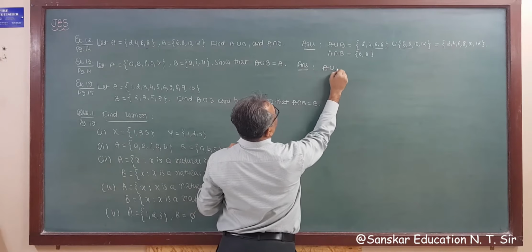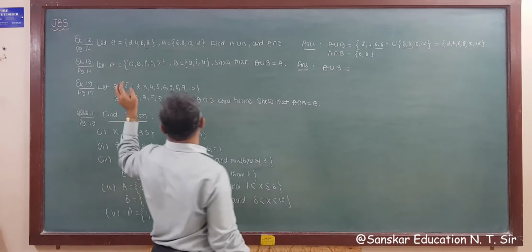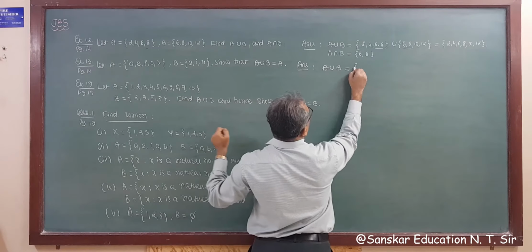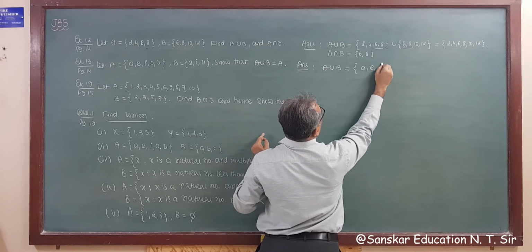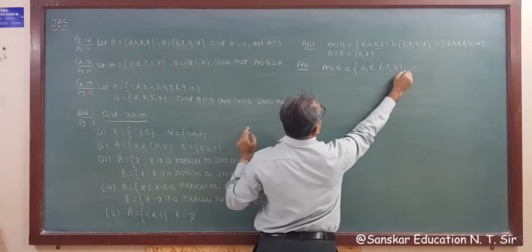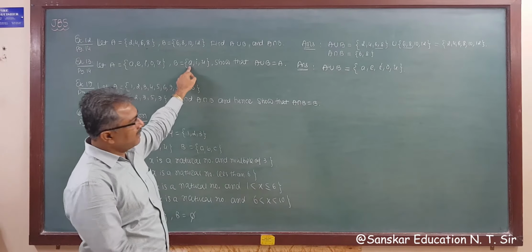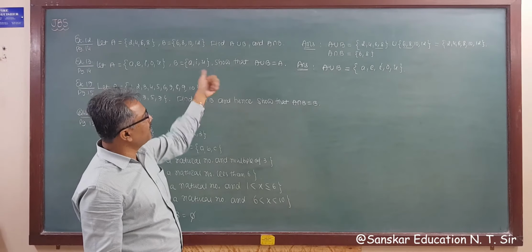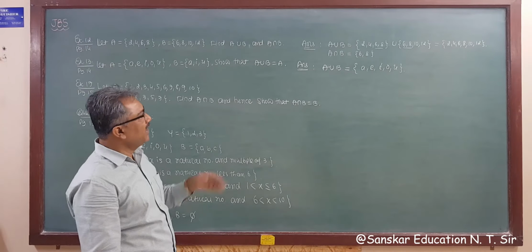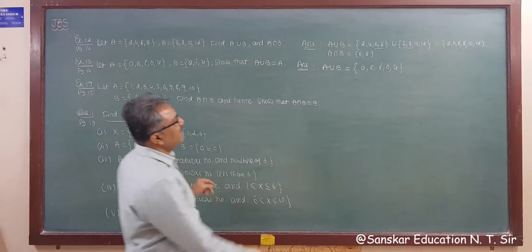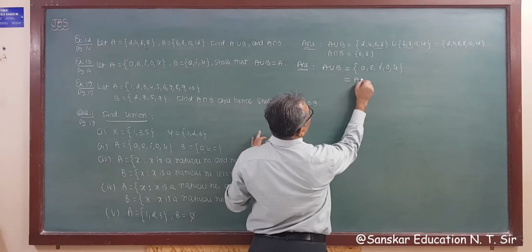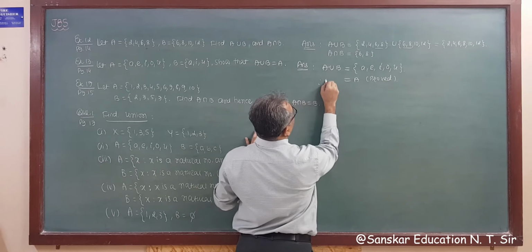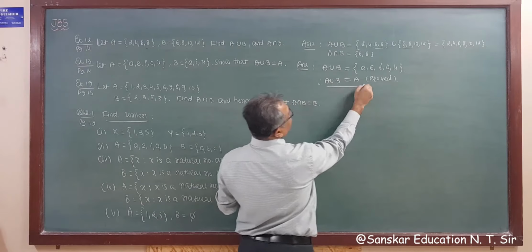Now A is equal to this and B is equal to this, so that A union B is equal to A. A union B means I am writing first all these elements: A, E, I, O, U. Now A is already there, I is already there, U is already there. So the union of these two is A, E, I, O, U. And that is set A. So you proved that A union B is equal to A.